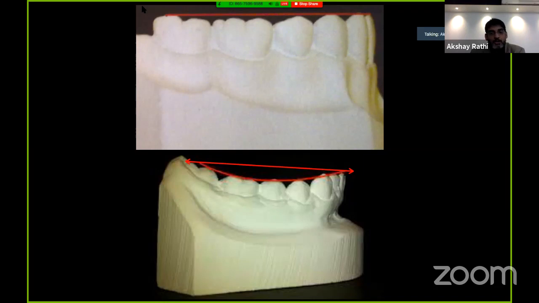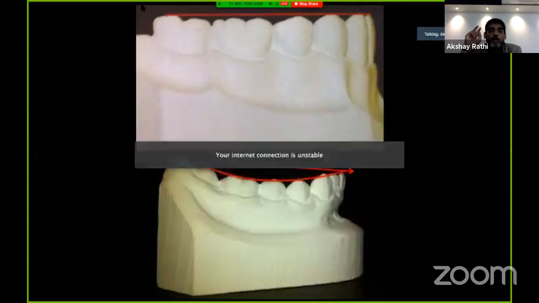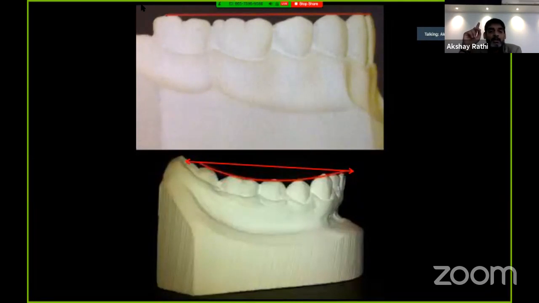If the anteriors are not getting worn off, then your MIP is starting to get displaced posteriorly. So of wearing of the posteriors, but those cases need not be treated with orthodontics prior to full mouth rehab or prior to reconstructing